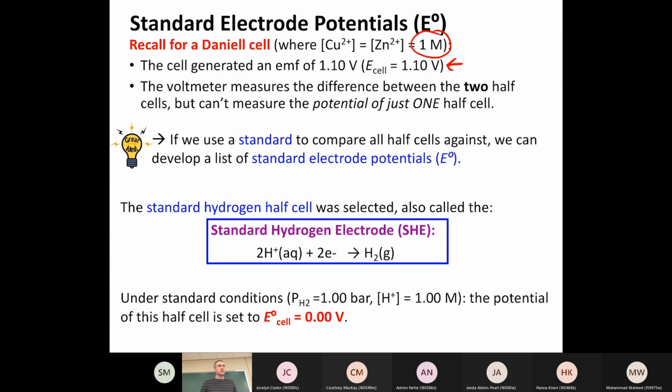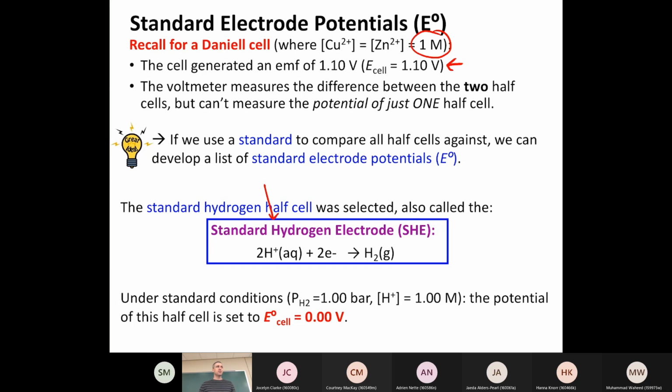So what happened is electrochemists got together and decided, well, let's just pick some electrode to be a standard. And we'll measure all the other half reactions against this single standard electrode. And then we can come up with a table, a list of cell potentials where one half of the cell is this standard electrode, and the other one is the one that you're measuring. So you could put the zinc one in, put the copper one in, put whatever other one you want in. And the electrode they picked to do this is the standard hydrogen electrode,